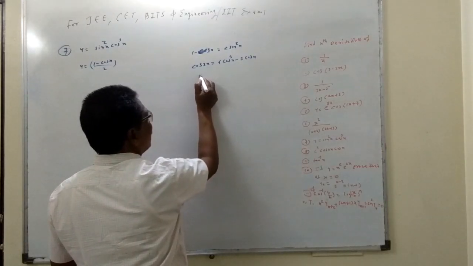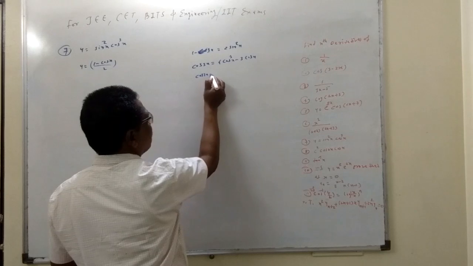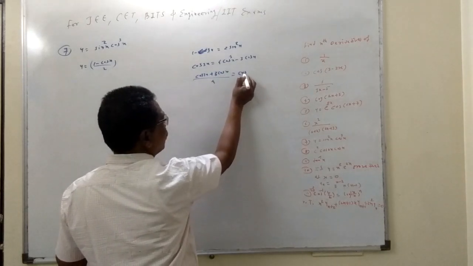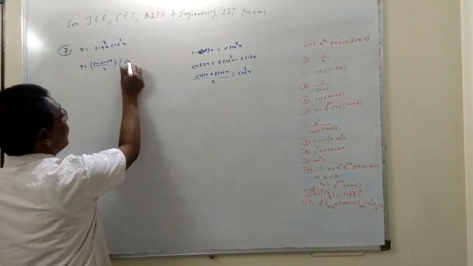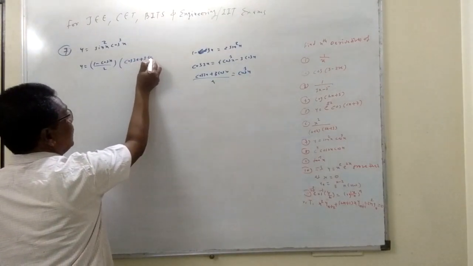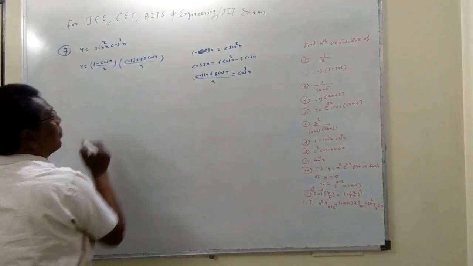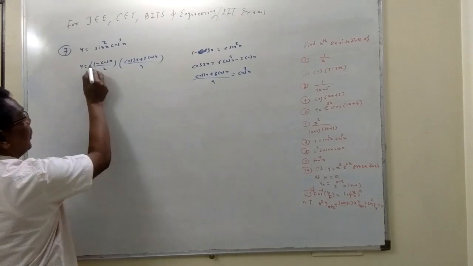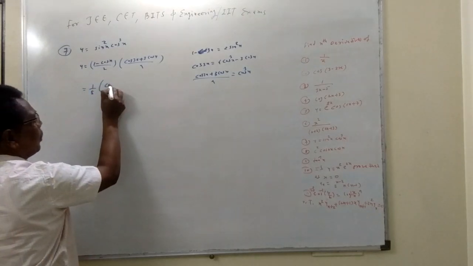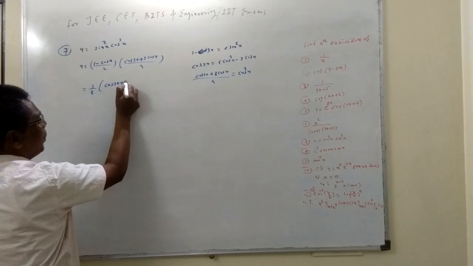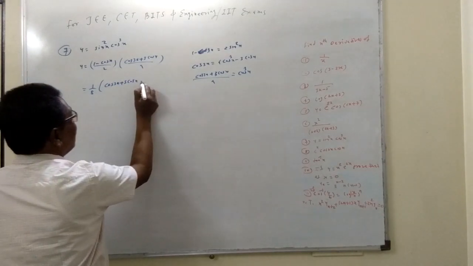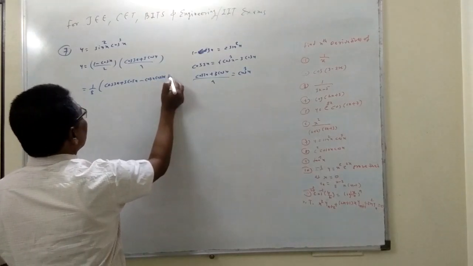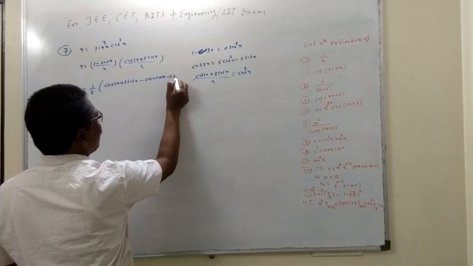So from this, cos 3x plus 3 cos x, and this 4 will get divided here. So that is the cos cube x value. So that value will be introduced here: cos 3x plus 3 cos x divided by 4. So that is equal to 2 into 4 is 8, 1 upon 8 into bracket. Now we multiply 1 minus cos x to this function. So cos 3x plus 3 cos x minus cos x into cos 3x and minus 3 into cos x